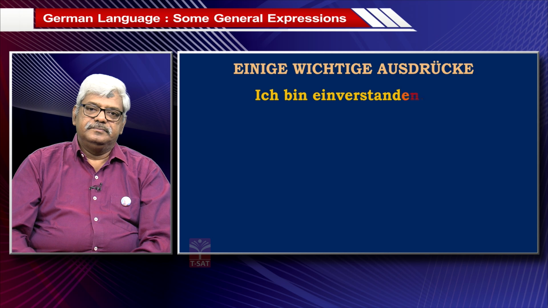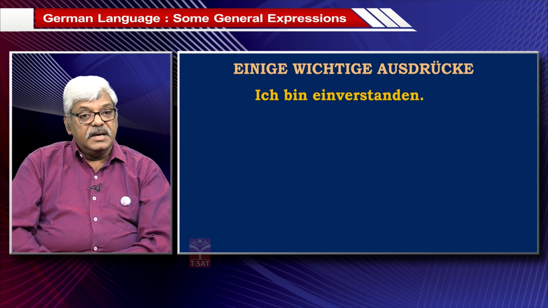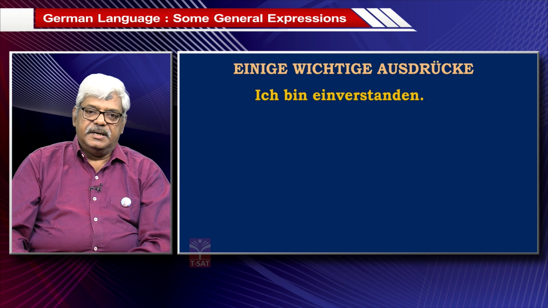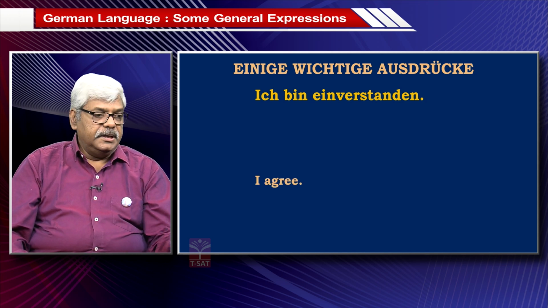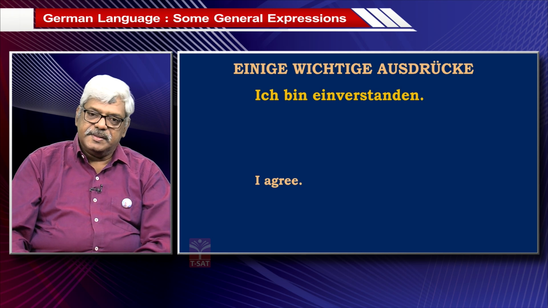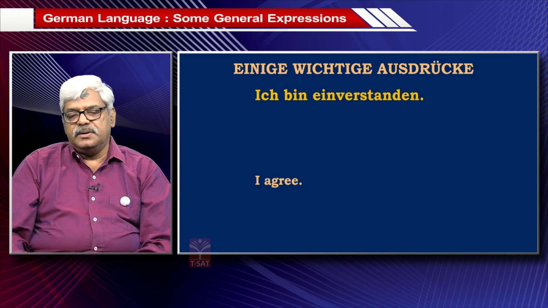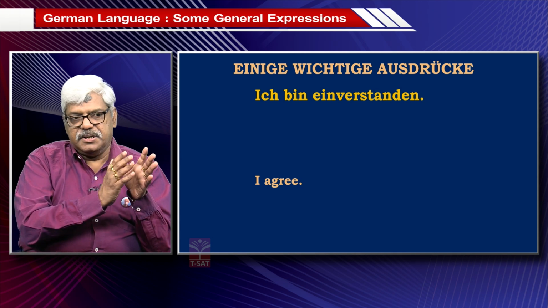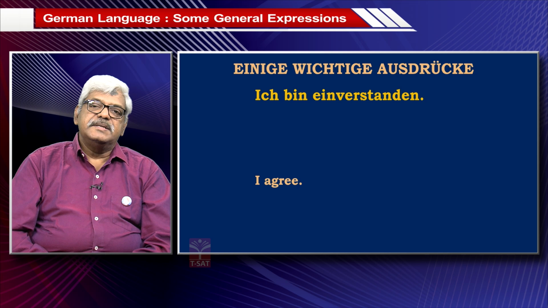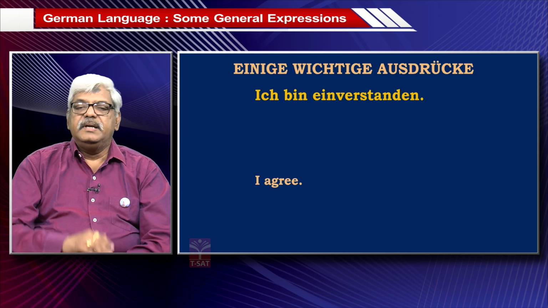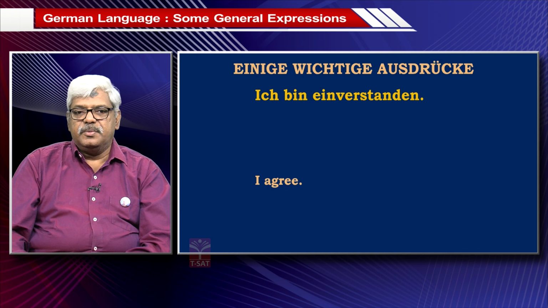Moving further, ich bin einverstanden. Ich bin einverstanden. I agree. My God, in English we just say I agree, but in German we should say so much. As I just explained few seconds ago, some expressions of English would not match with German and vice versa. You're learning this language, so obviously you need to learn such sort of expressions. The next expression which I have brought for you is